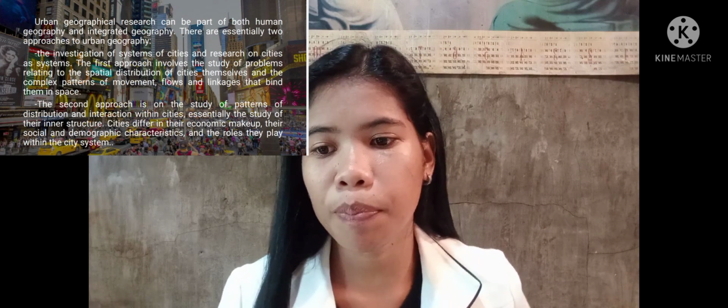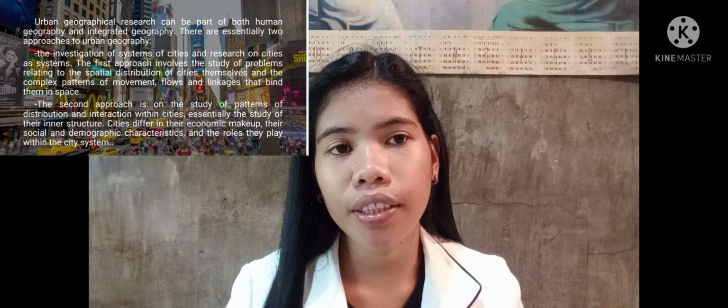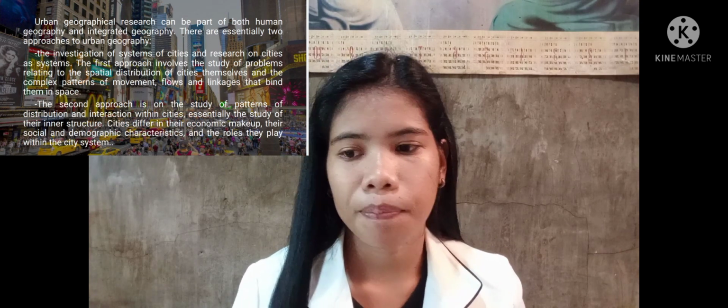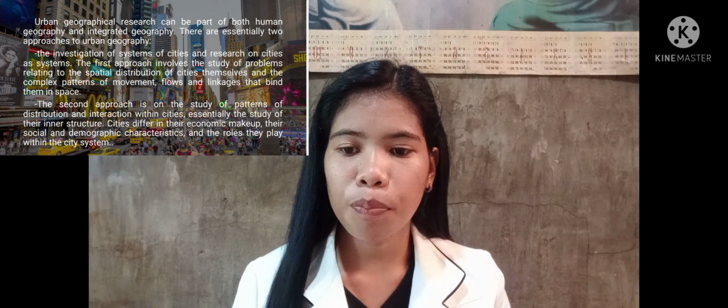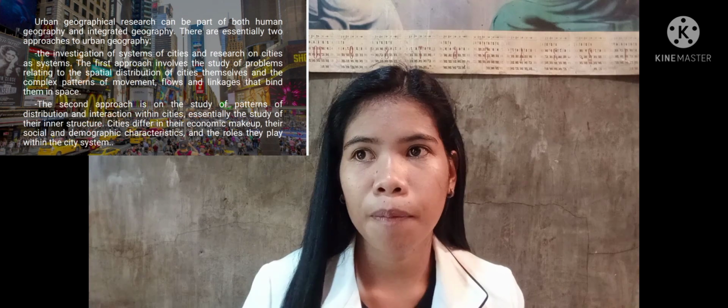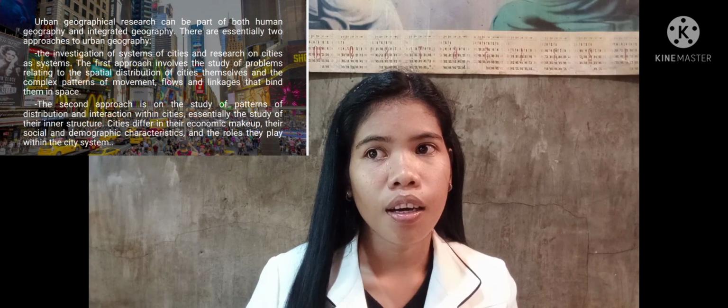Urban geographical research can be part of both human geography and integrated geography. There are essentially two approaches to urban geography: the investigation of system of cities and research on cities as system. The first approach involves the study of problems relating to the spatial distribution of cities themselves and the complex pattern of movement, flow, and linkages that bind them in space. So the first approach involves the distribution of complex patterns. For example, the movement, paano nagiging connected yung fast food chain sa church, paano nagka-connected yung tao doon